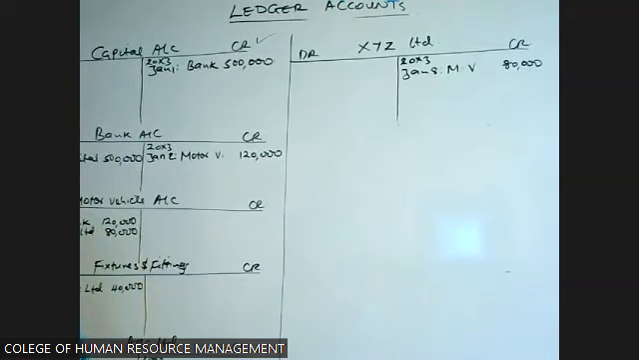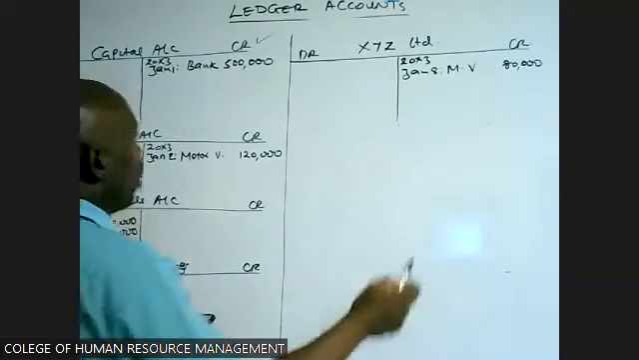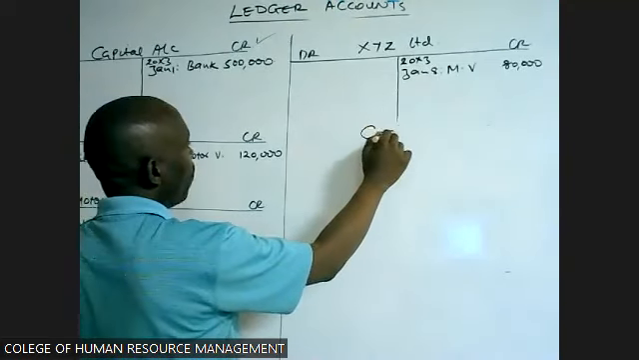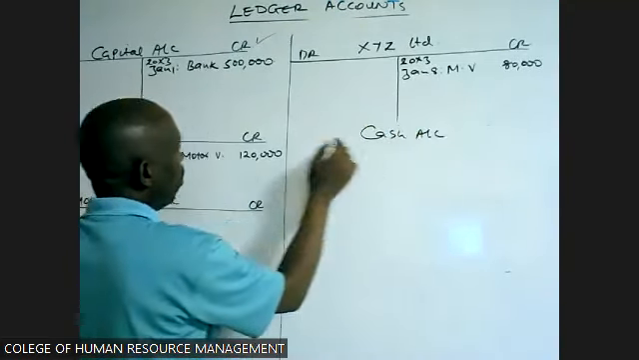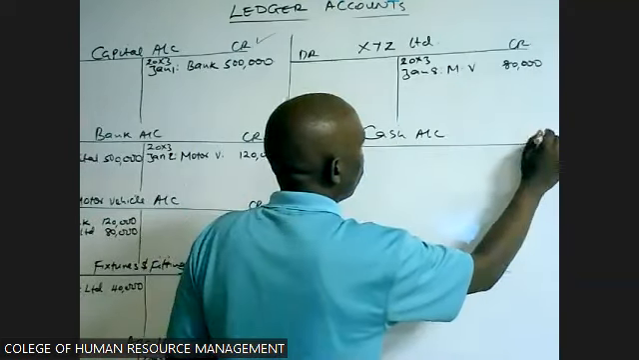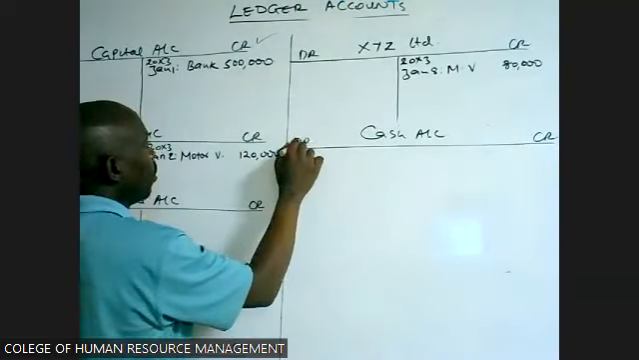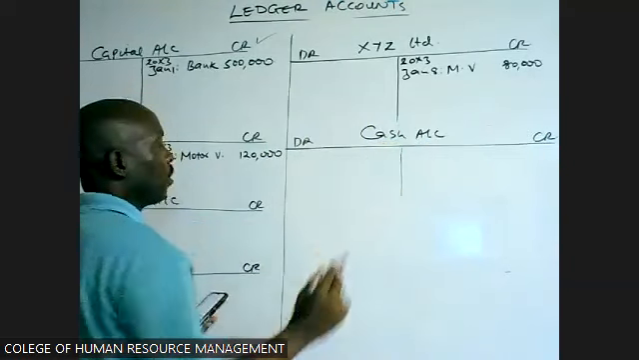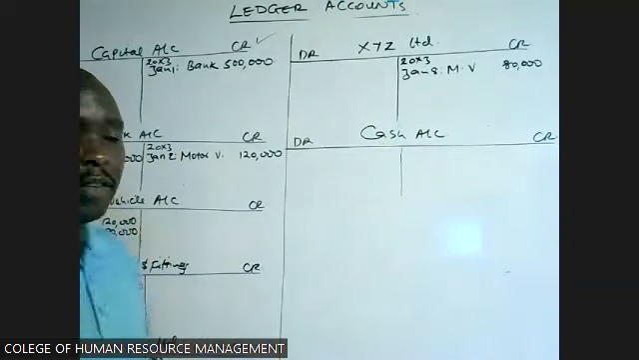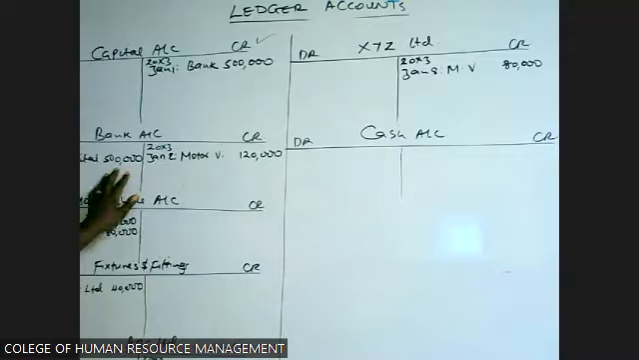On 12th, we withdrew 10,000 from the bank and put it into cash. So already we have the bank account, but we don't have the cash account. Money is taken from the bank and